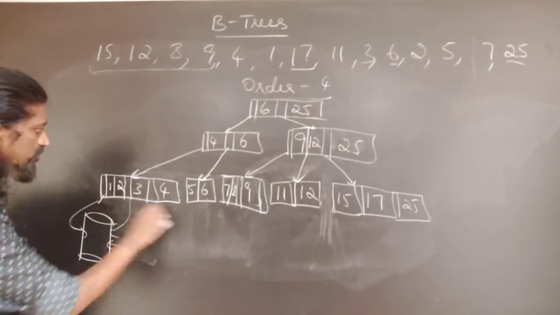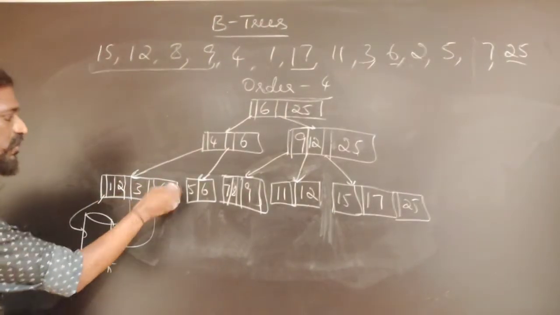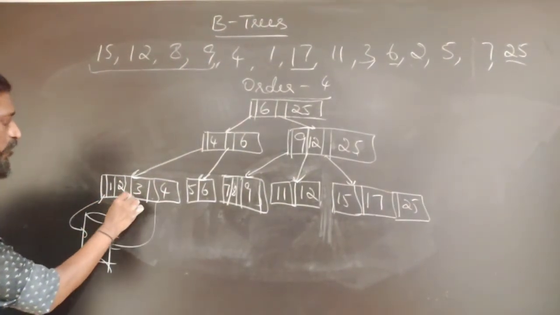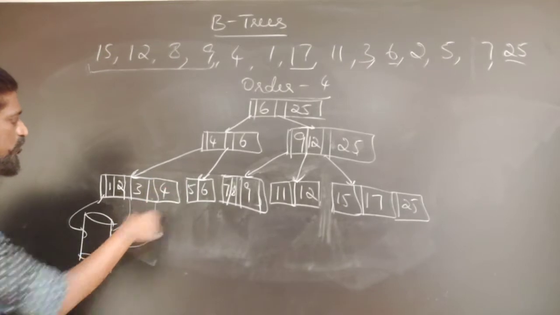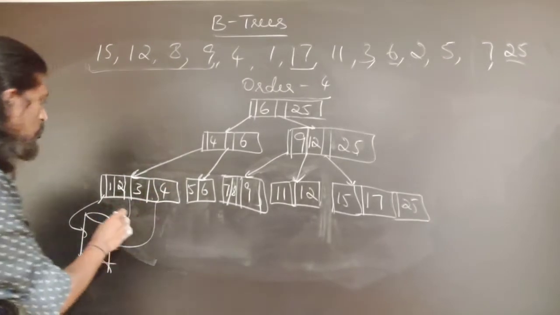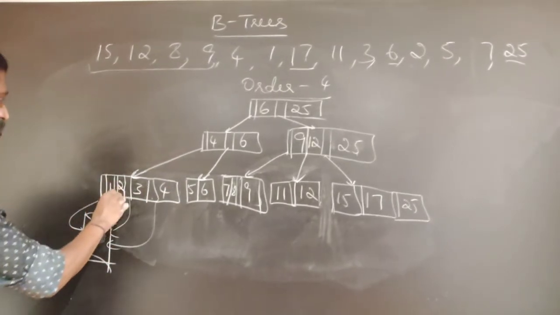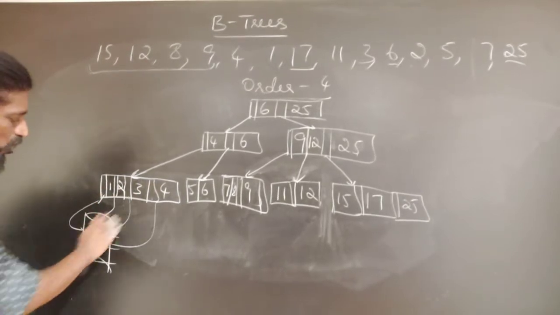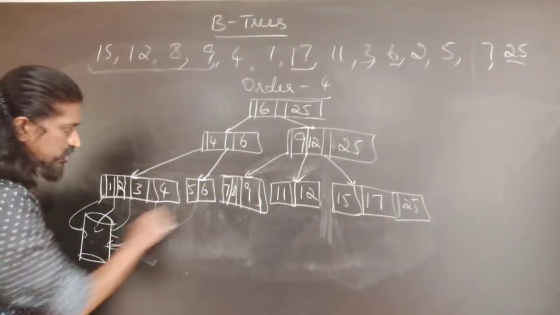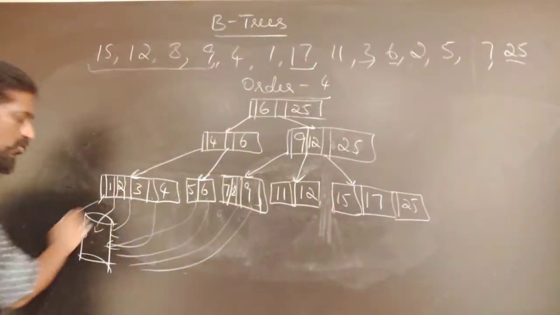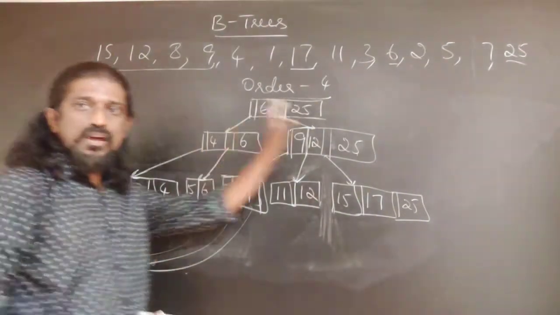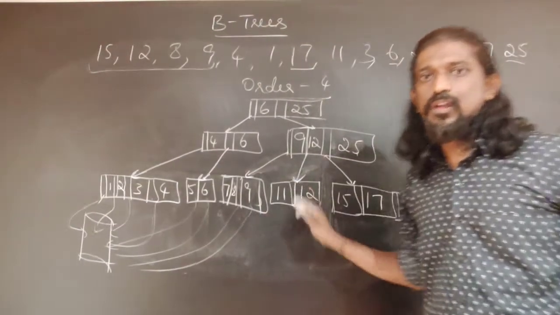So there will be once again 4 references, okay, for 1, for 2, for 3 and one more for 4 we can have, because it can have a maximum of 4 descendants, okay. Here one more there will be. So there will be 4 references to the data records. So all these things will point to the data records which are present in the hard disk. So this is how a B tree will look like, okay.